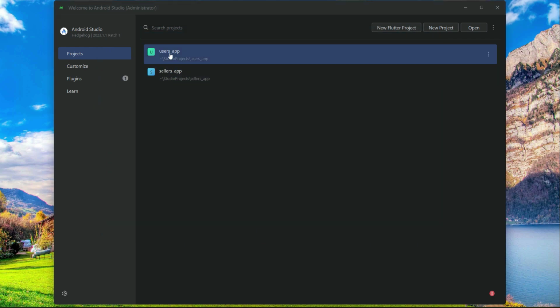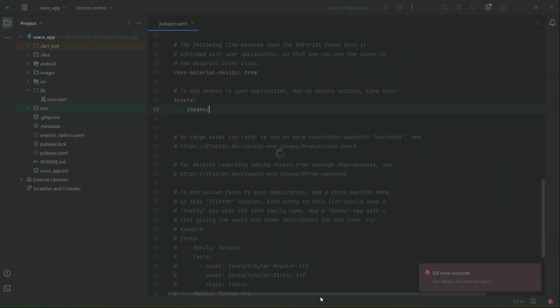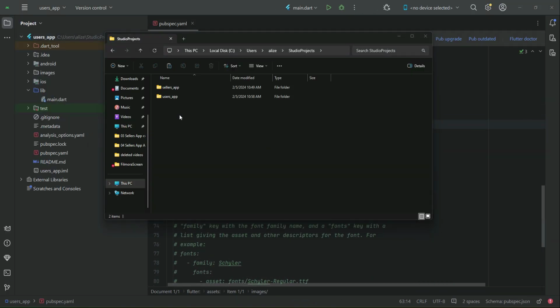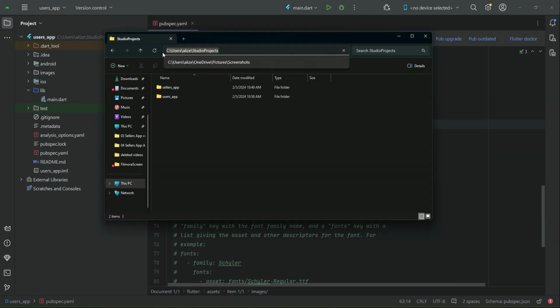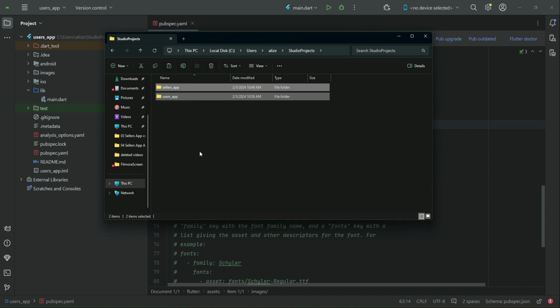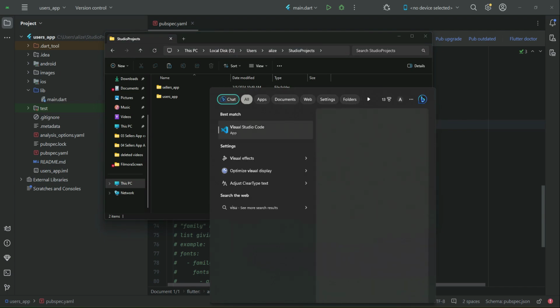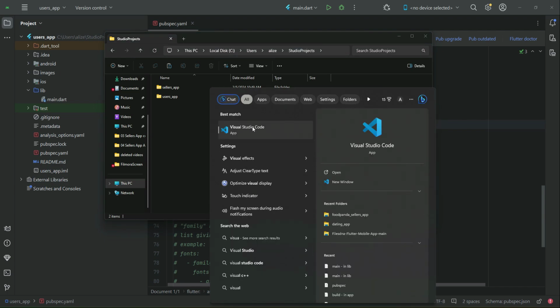So anyways, now open up the users app again, and then what we need to do, for example my project's path is this one, okay, inside the C users, username, and then studio project. In your case it will show you your path, that where your Flutter projects are. So anyways, now we are going to open up Visual Studio Code. Right click on Visual Studio Code, run as administrator,